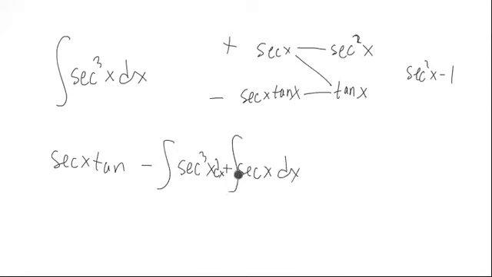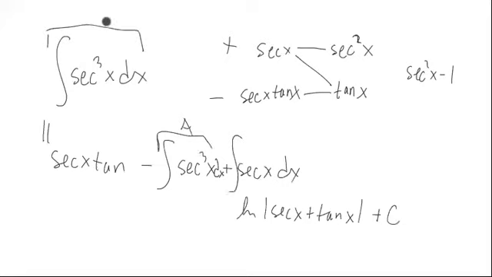So that looks good. From another video, this right here is the natural log of the absolute value of secant x plus tangent x. And we could have put a plus c, but we could keep the plus c in here. However, may as well put a plus c, because see, this is the same thing as this on this side. So think of this as being like a, and this is being like a. If you add a to both sides, it'll get rid of it over here, it'll double over there. So if you just divide everything by 2 over here,